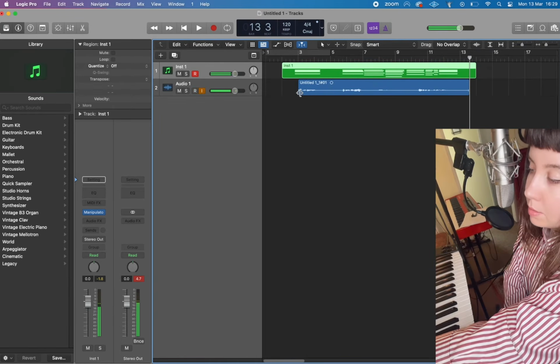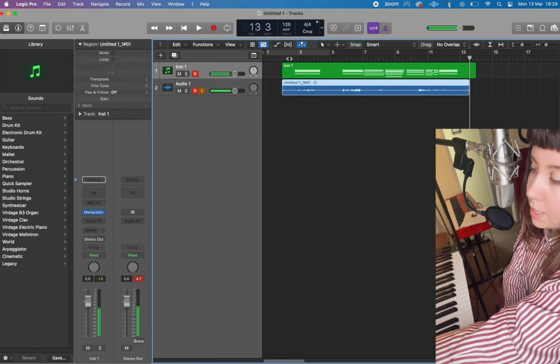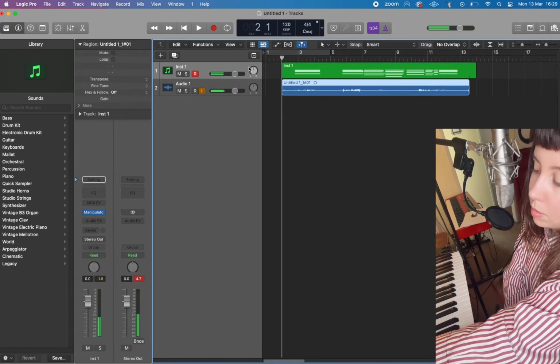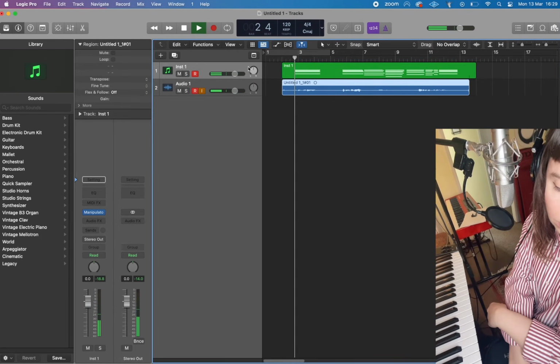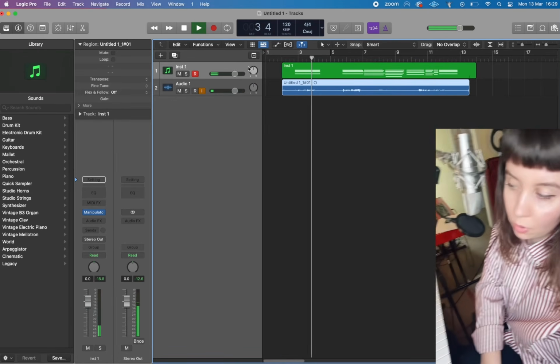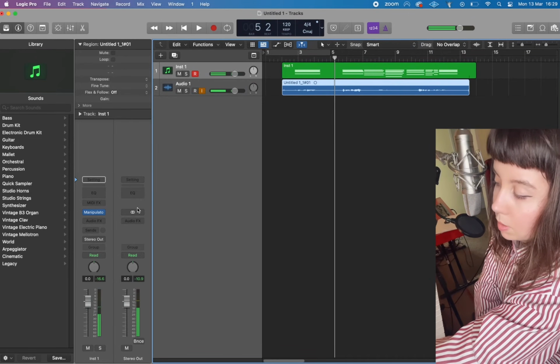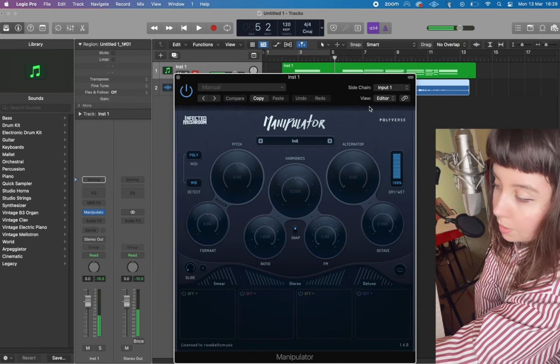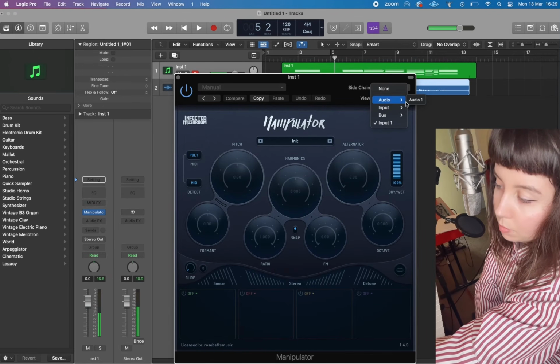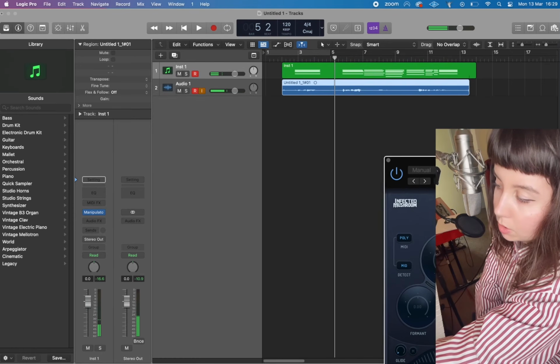And then you can have fun. Really easy to use. One thing to bear in mind is that when on playback, you're going to need to, if I play this now. Try. I thought that I was doing fine. So this is why you need to go back to Manipulator and you need to open him up again, and you need to go to audio 1 because that is the audio through which this guy